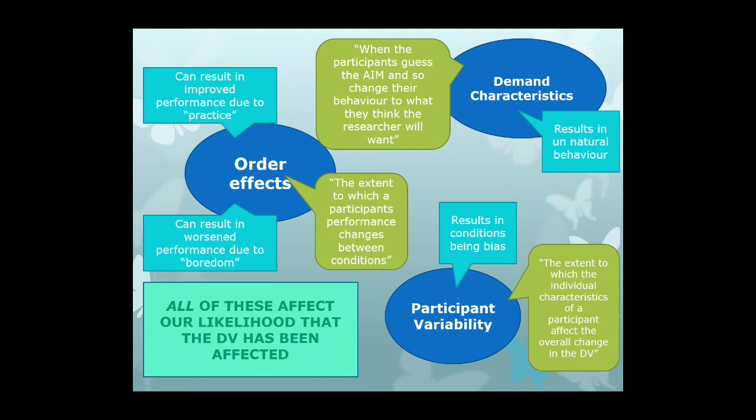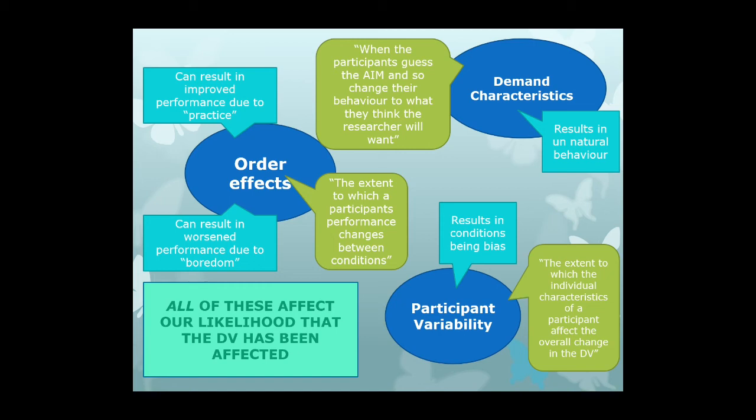Okay, so if they're only doing one condition, they are less likely to guess the aim. If they don't know what the other group or condition is doing, they're not going to know what the aim of the research is. This means that